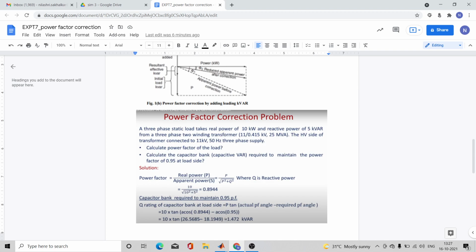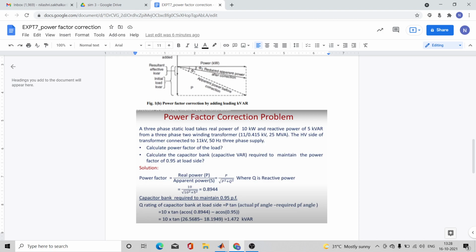P is the real power at the load side, which is 10. Acos means cos inverse of the actual power factor that we calculated, 0.8944, minus cos inverse of the power factor that we have to maintain, 0.95.